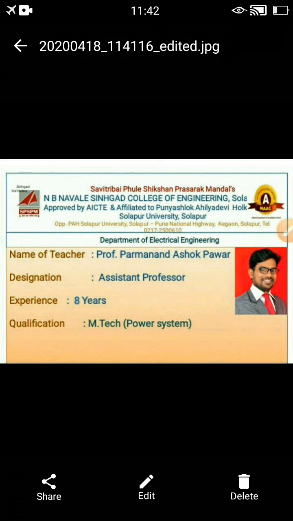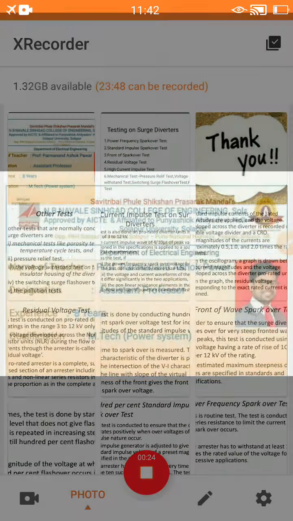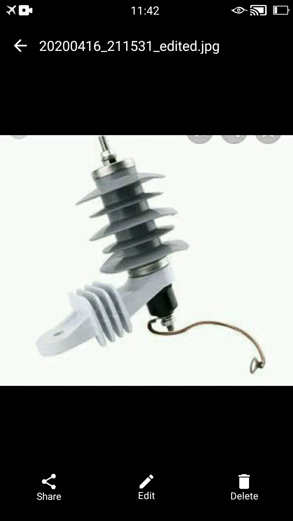Today we are dealing with one of the important equipment of electrical power system, and that equipment is called a surge diverter. Surge diverter protects the installation from the inside while lightning arrestor protects the equipment from the outside. The surge diverters protect the system from lightning, switching, electrical faults and other transient voltages and surges, whilst the lightning arresters are mainly used for lightning strikes associated with surge.